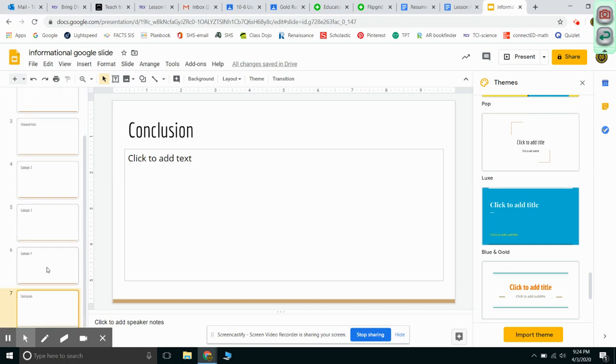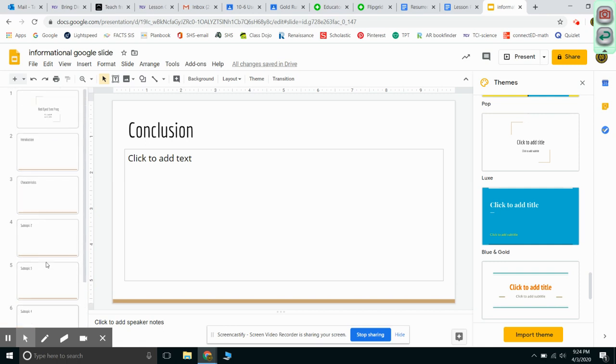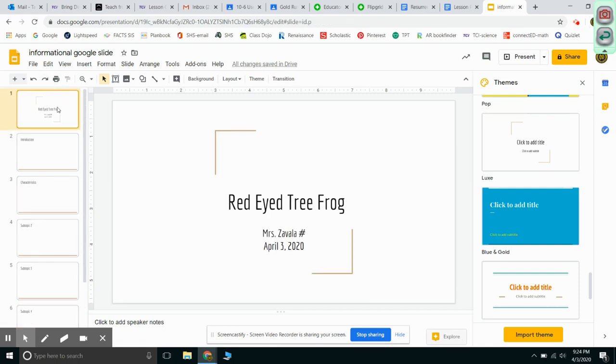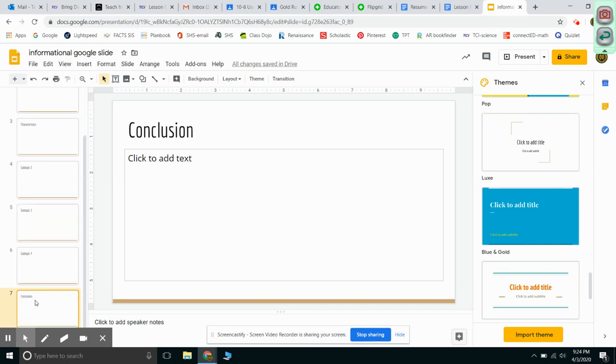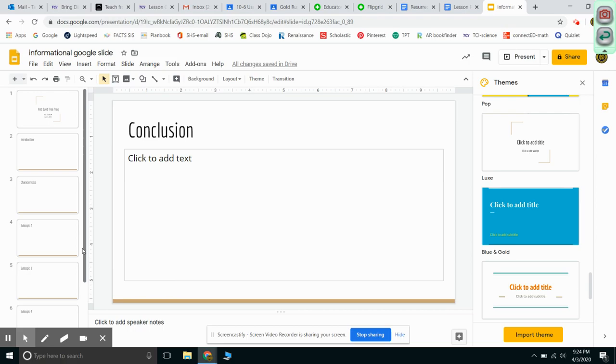So your slideshow should be at least 7 slides total. Again, you have your title page, your introduction, your 4 subtopics, and your conclusion. Don't forget images on